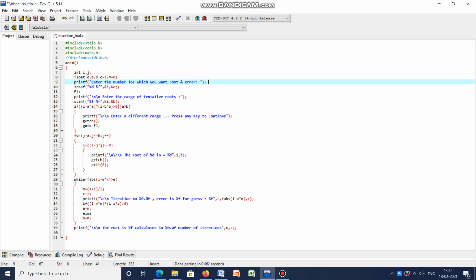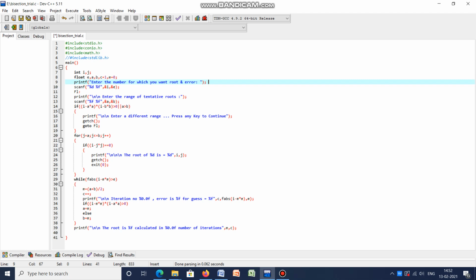This is a check of whether I have entered the numbers correctly or not, and whether my numbers are in sequence, meaning A is the smaller number and B is greater, because that is a requirement in this program. Obviously this is not the main part of finding the root, but this is a checking portion I am doing to confirm that the user has entered the correct range and the numbers are as per my requirement.